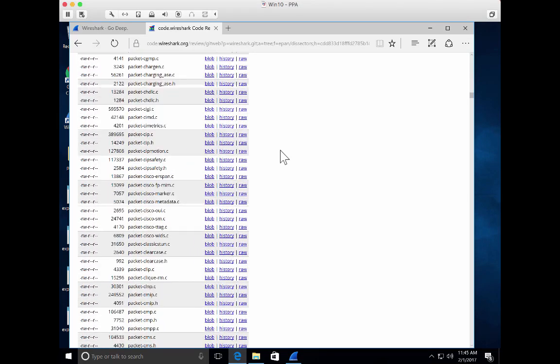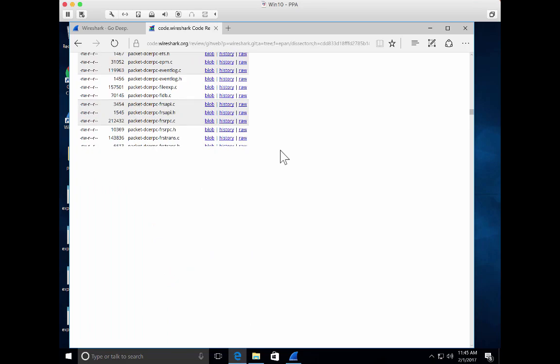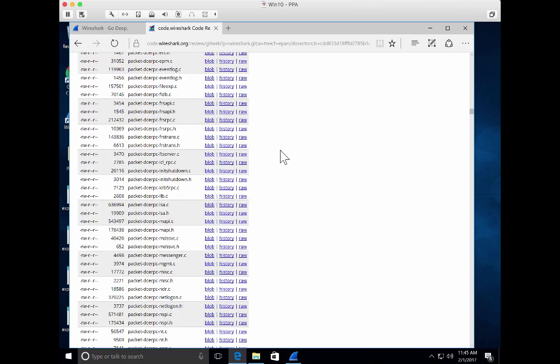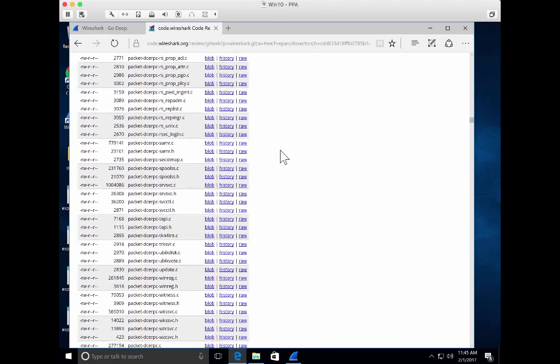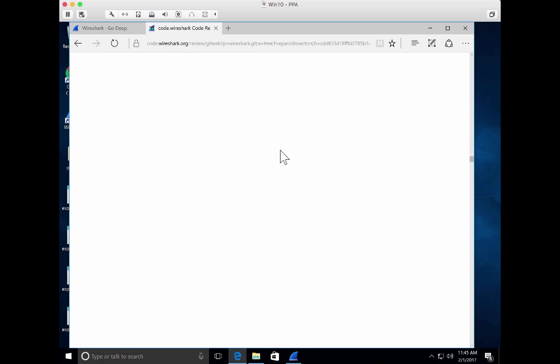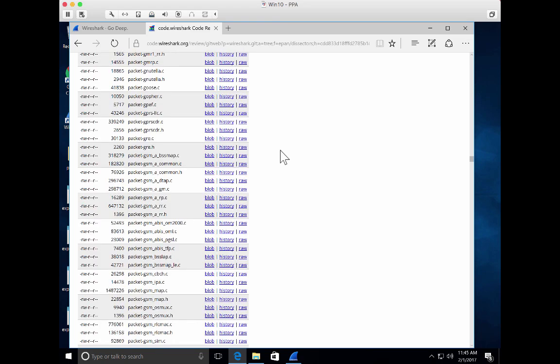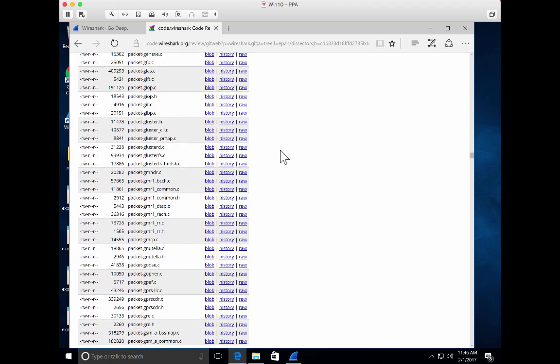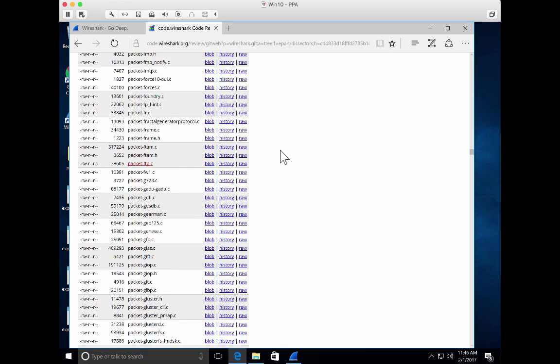You're going to see some protocols you recognize, but quite honestly, most you probably won't, because there's a lot of edge cases, a lot of protocols you'll never actually encounter for most people in this list. But we see they're all included in all of these various C files that are available here. So you can actually go in and click on these. There's some protocols we can find. So for instance, here's